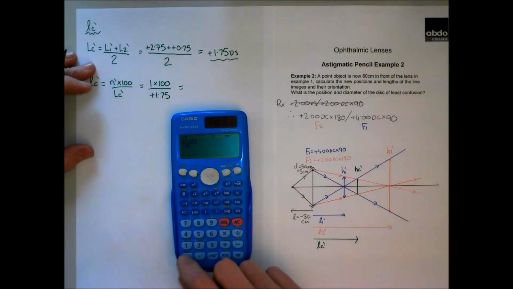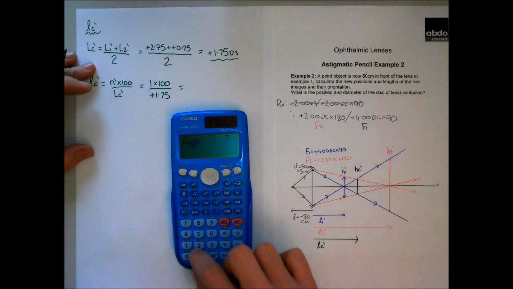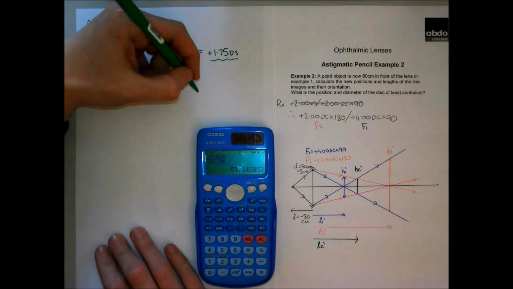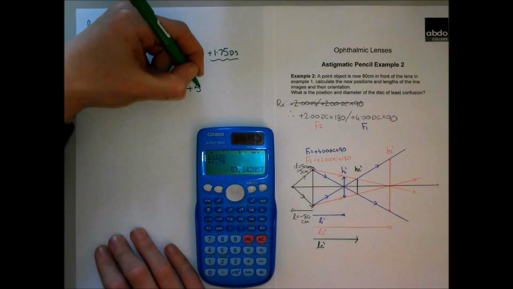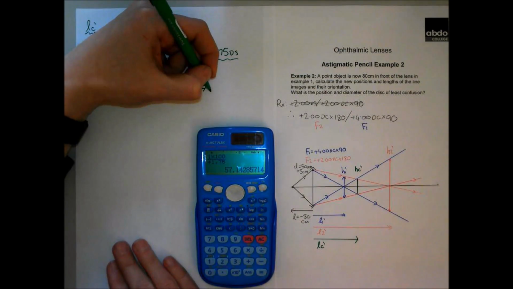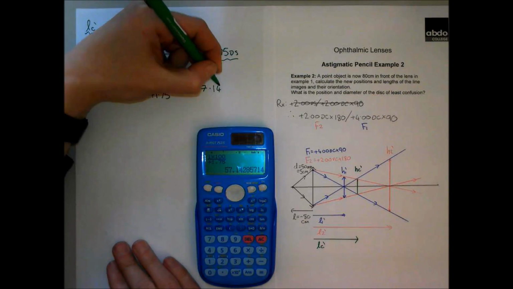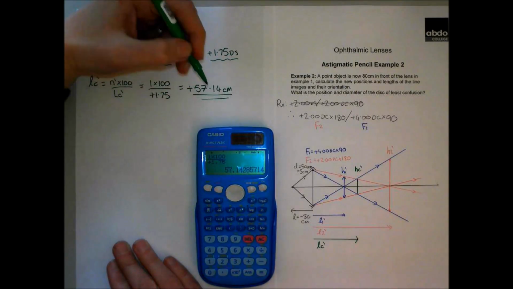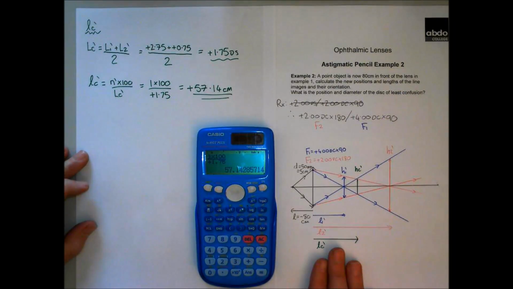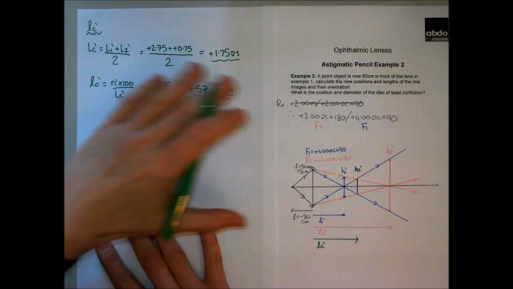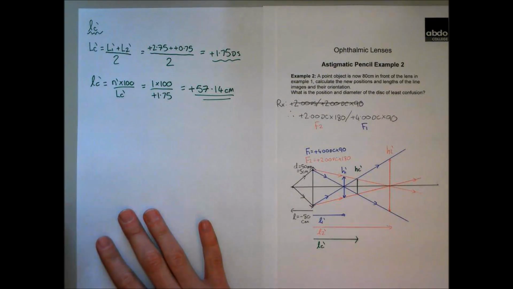And that gives us plus 57.14 centimetres. That is the position of our disk of least confusion. Nice, quick and easy to find that. And the final part that we need to have all of the features that were asked for in this particular question